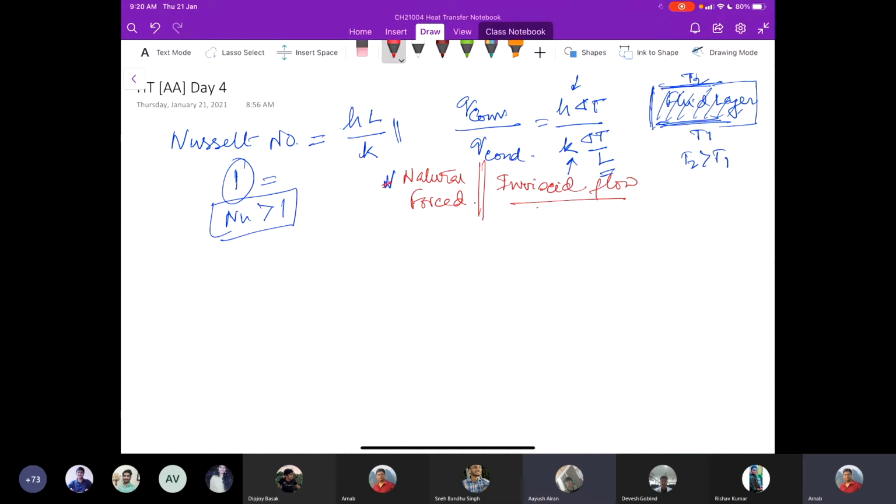So my point is, sir, when the Nusselt number is equal to 1, then the conduction which we are dividing by in the Nusselt number, that k delta T by L, is on the surface, right? But the conduction that we are including in Q convection is different. No, remember, this k is for the fluid. The point is that conduction is on the boundary of the surface and fluid.